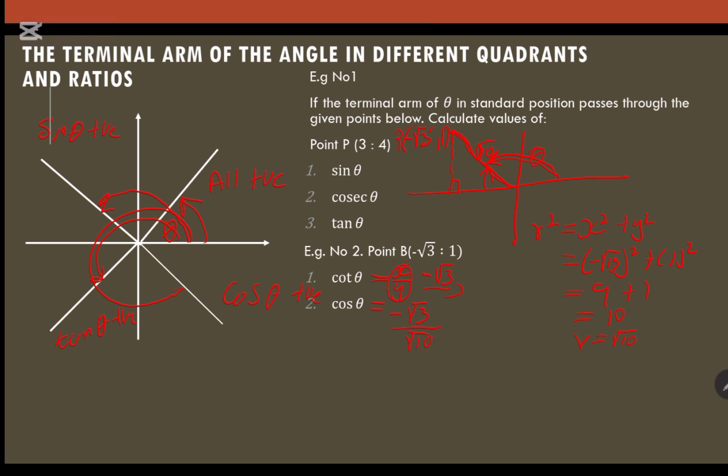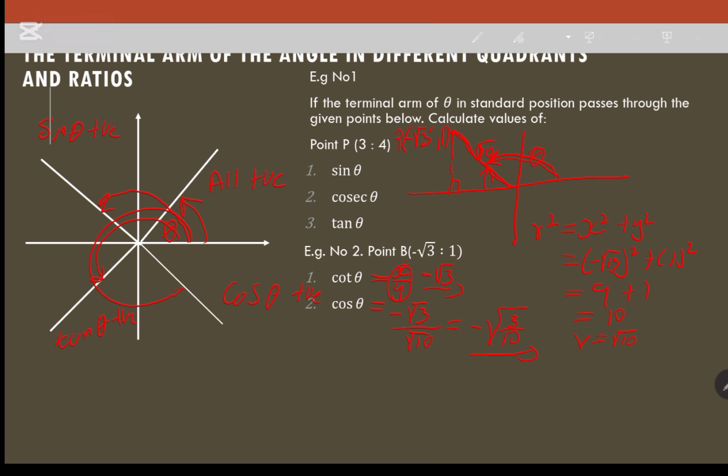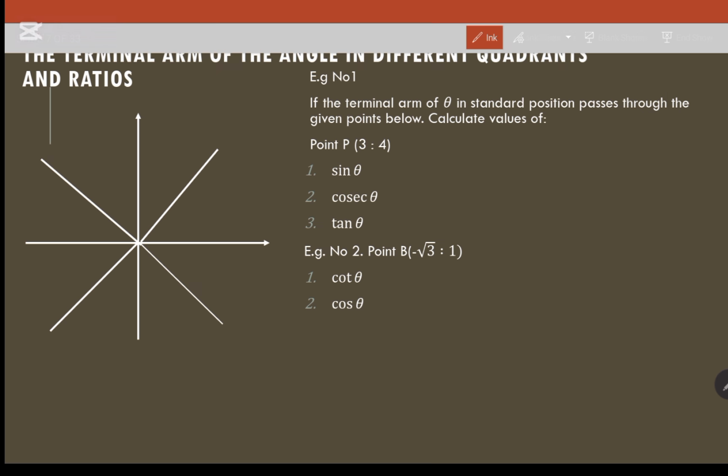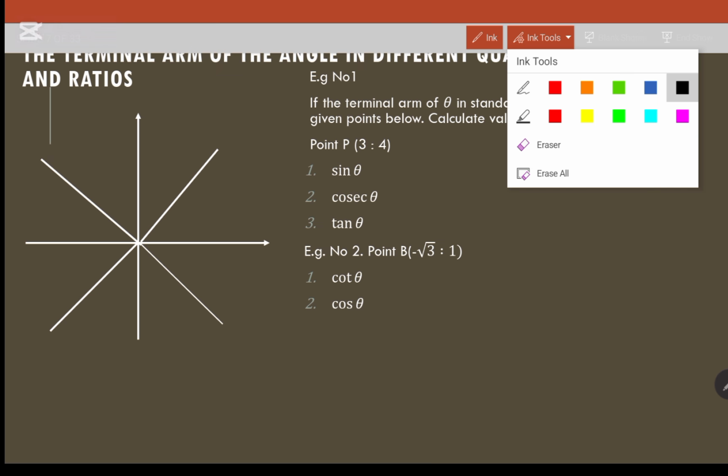So in other words, this is the same as negative square root of 3 over 10. So this is the ratio of cos theta. Now, let's look at the next question. I'm just going to remove all this work. The next question,